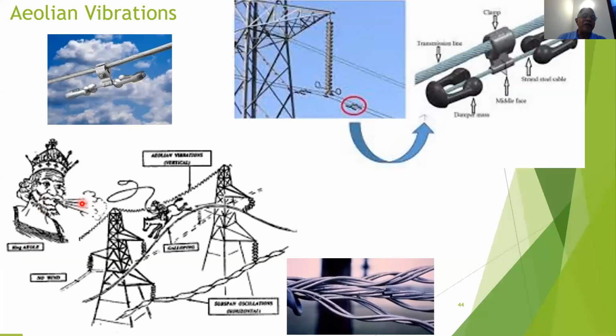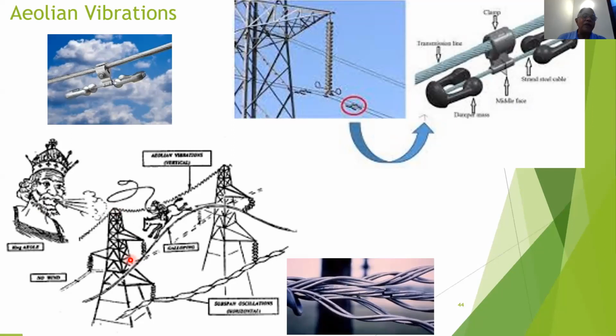The conductor vibrates, horizontal vibrations and vertical vibrations, horizontal vibrations, and so on. And in normal conditions, no wind, there are no vibrations. So this is a Stockbridge